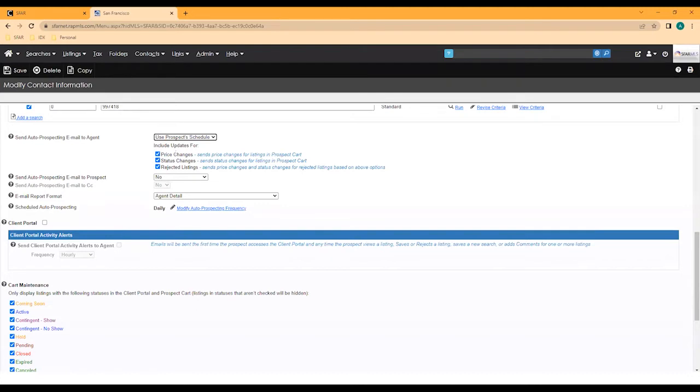And right here, you have include updates for price changes, status changes, rejected listings. I like to recommend have all three checked off just so you can be on top of these listings. Sometimes listings are rejected by your clients because of price. So if you have a price reduction or a price change, you're going to get the notification for that. If it's rejected because